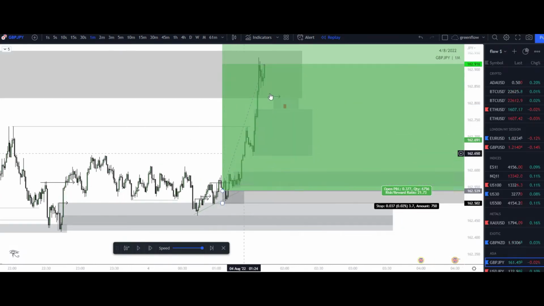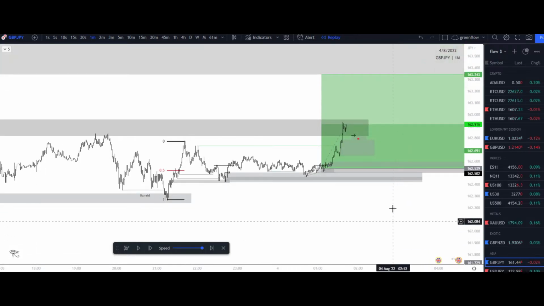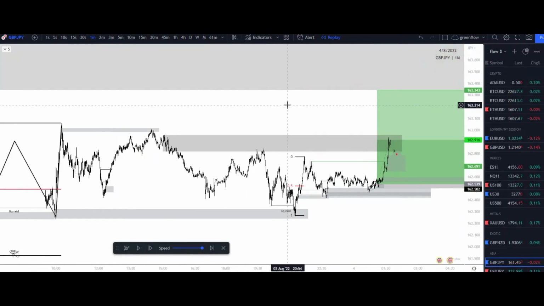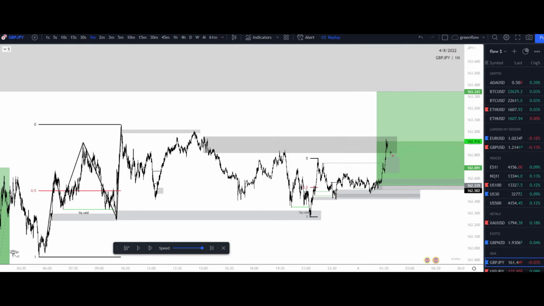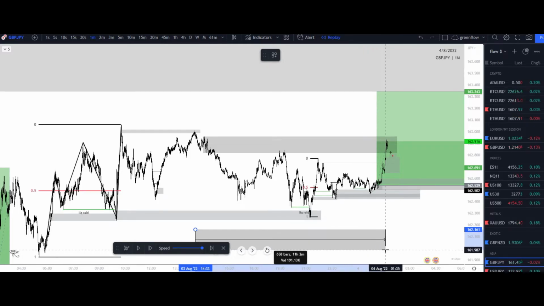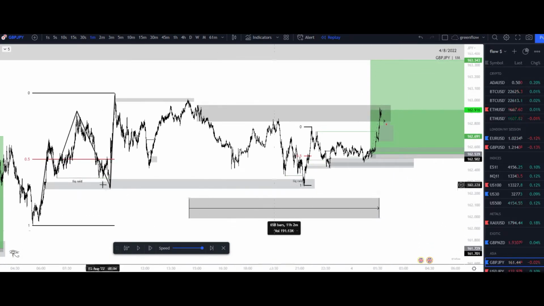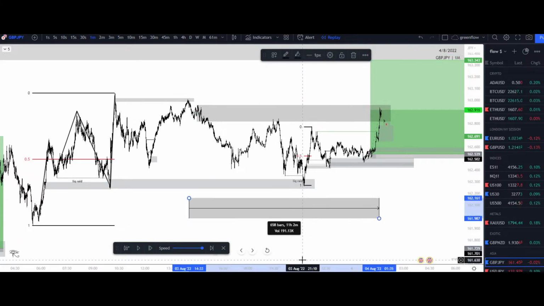What happens? We get that introduction, right? Price is continuing to the upside. Huge impulsive move to the upside, takes out all of these highs. So everyone that was trying to get in these short trades or get in any types of trades for literally 11 hours, right? Almost half a day has been stopped out of their trade.